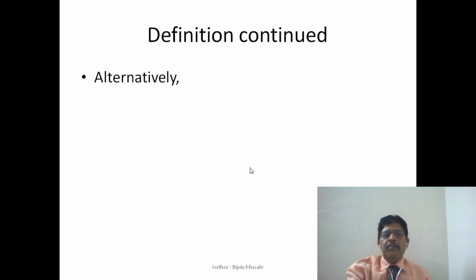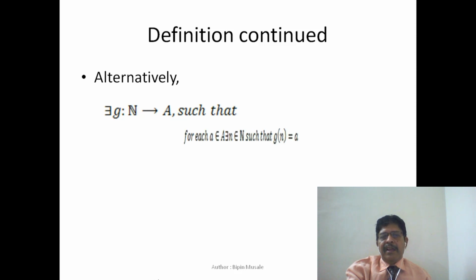Now there is the other way around. We talk of existence of a function from set n onto set A. Okay, now existence of a surjective function. Earlier we talked of an injective function from the set A into n, or alternatively, if there is a surjective function from set n onto A,